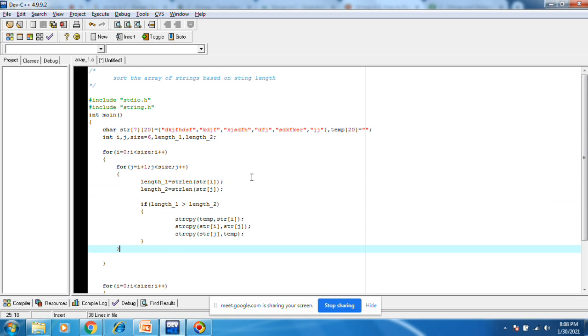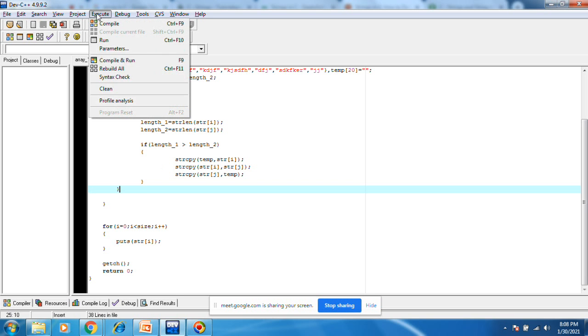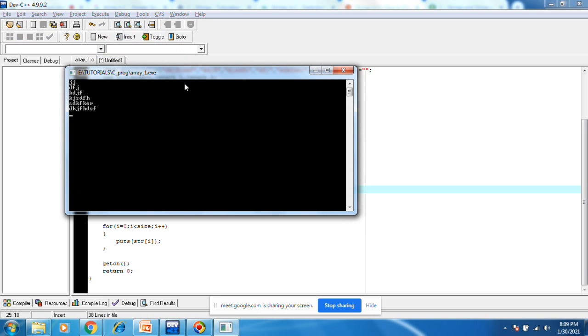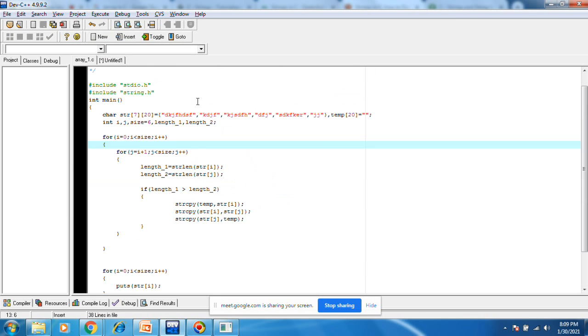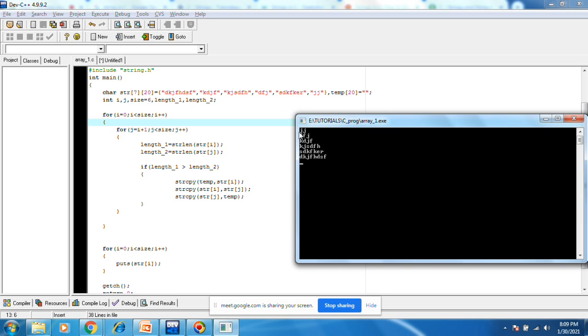Let's execute, compile and run. See, it was sorted perfectly. These are the array elements, and the small come first, and then next big, next big, next big.